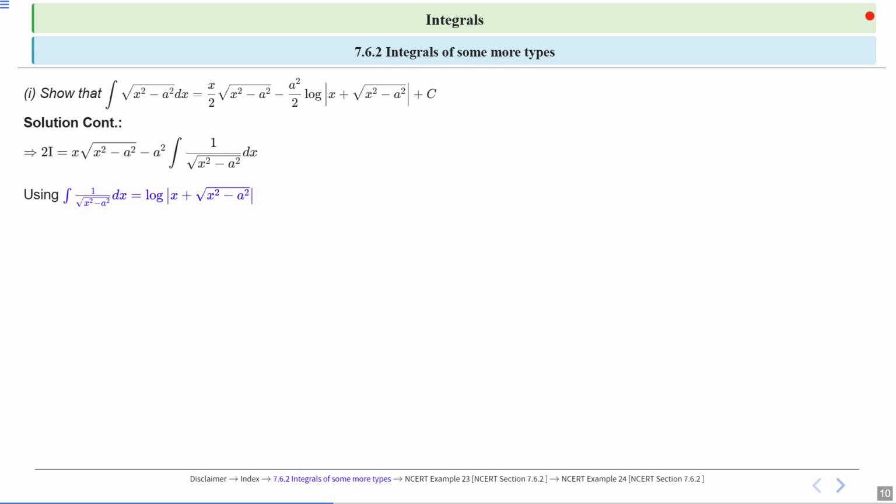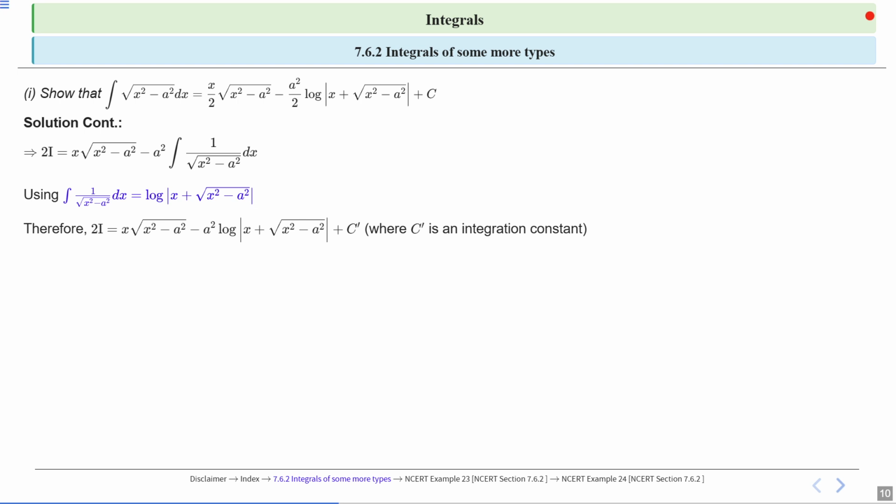So this is the trick. We can remember the formula of 1 by root under x square minus a square dx by the formula of root under x square minus a square, the second term without negative sign and without a square by 2, that is log mod x plus root under x square minus a square. Okay,